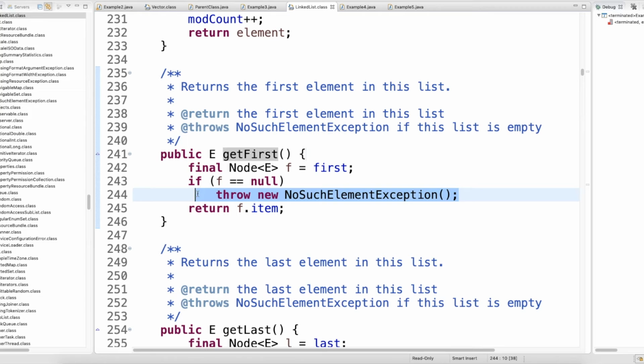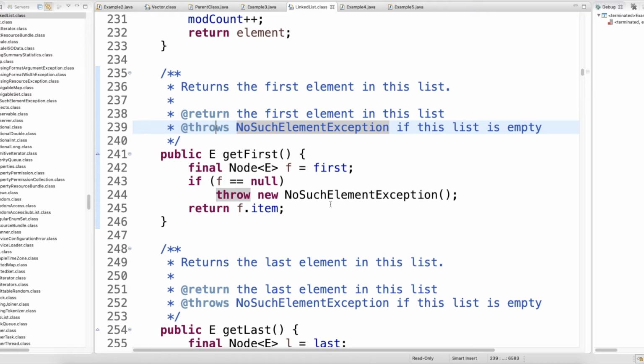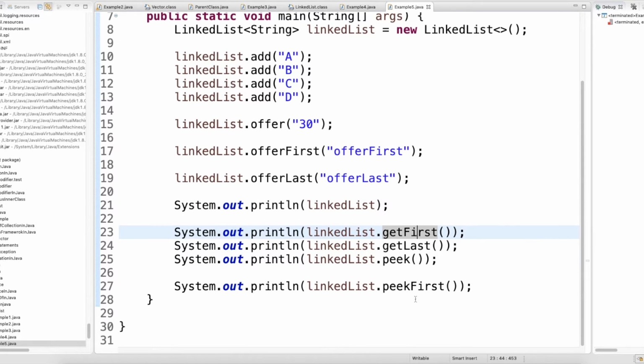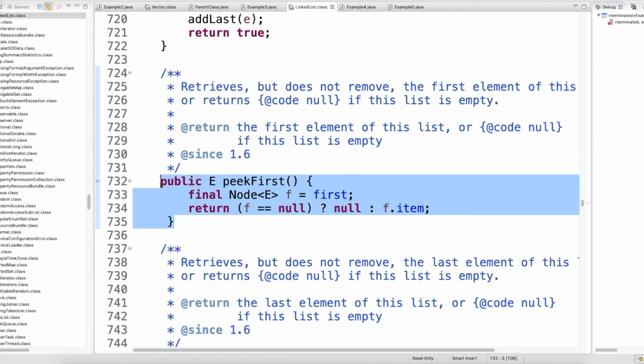This guy is throwing the exception, no such element exception. So look at the method signature, this will throw no such element exception if object is not found, right? But if you Ctrl click on pick first, see here, this guy will not throw any exceptions. It will give you null if it is not there, right?